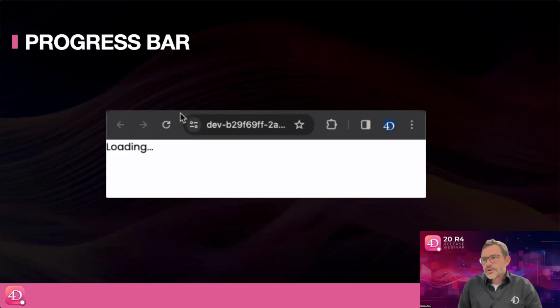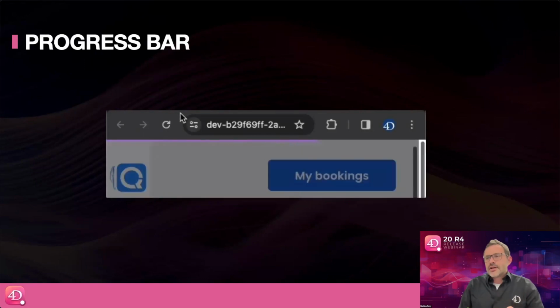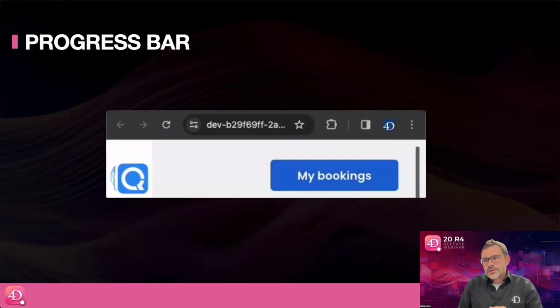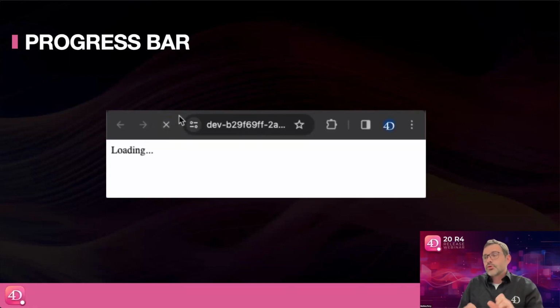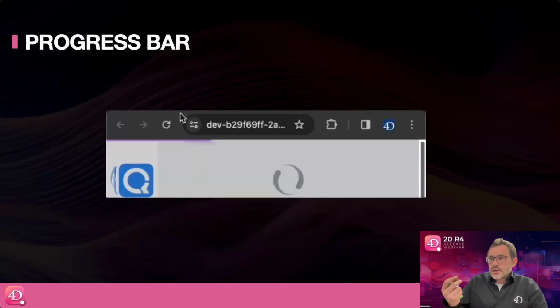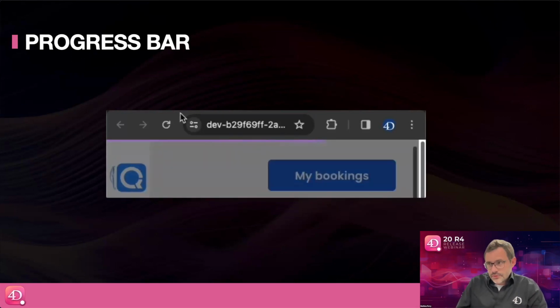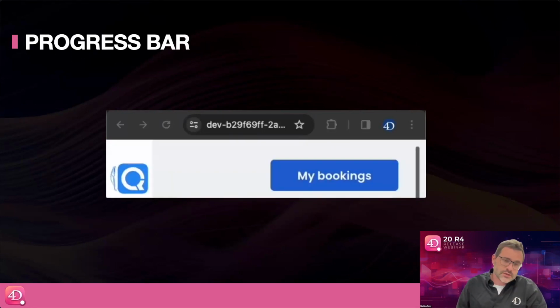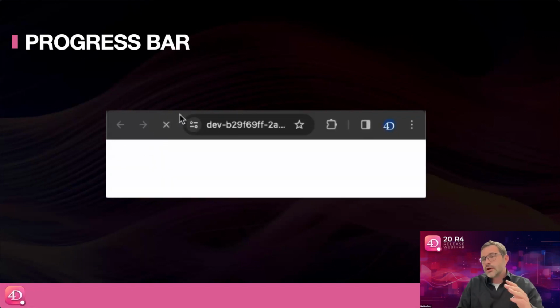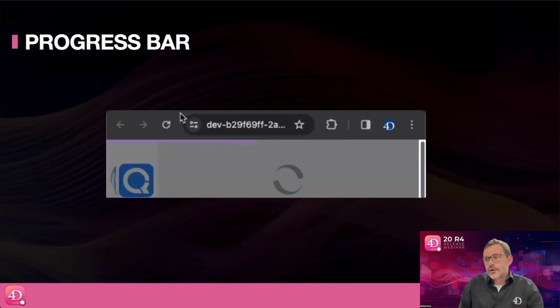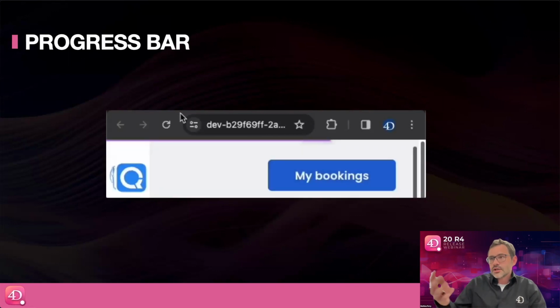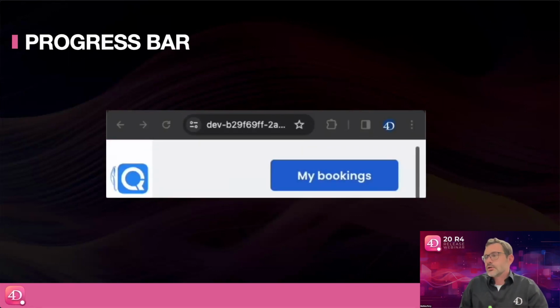So every time some data needs to be refreshed or some REST queries are executed, you will get this progress bar. We wanted it to be discreet, and of course you can adapt it to your needs using a CSS of yours. You can make it bigger, you can make it smaller, you can change the color, and so on. Basically, it comes with a Qodly layout,